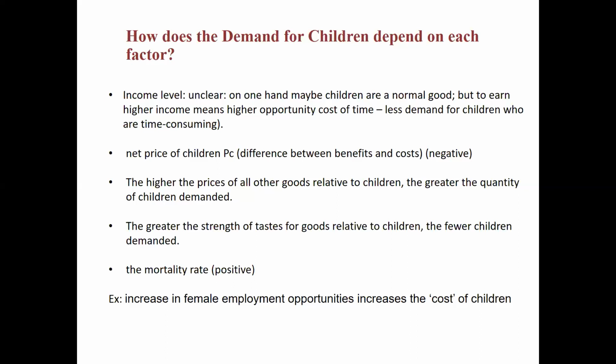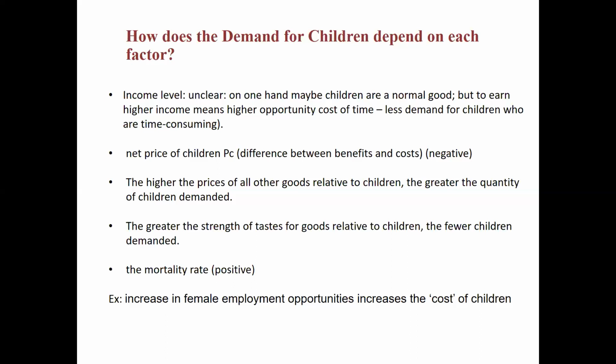That's pretty obvious. Mortality rate will act positively in the sense that you care about the demand for surviving children, if you want. So if you think half of your kids are going to die and you would like to have 2 kids, then you're going to have 4 kids. If you think all of your kids are going to survive, then you only have the 2 kids you want. And so mortality rate, in some sense, gets taken into account in that way. You can think of it as you care about the number of surviving children. And so if mortality rates are high, you will have more kids to compensate for that. That's what I was saying.